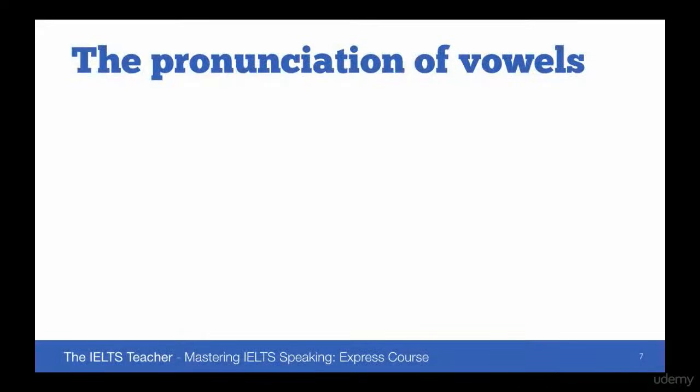Now, having looked at some consonants, let's just have one brief look at a common issue that comes up with vowels, because this is an issue which sometimes gets people into trouble depending on the word that they pick. So, the first sound here, this little symbol, is for the